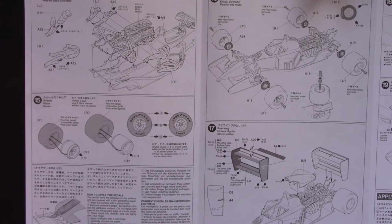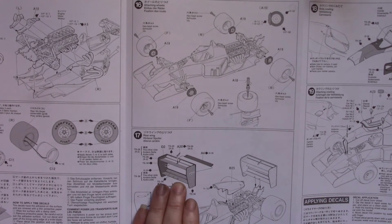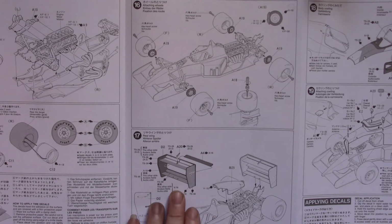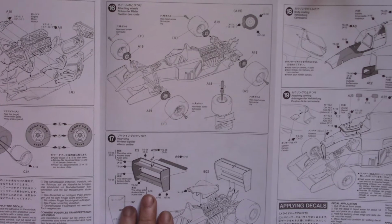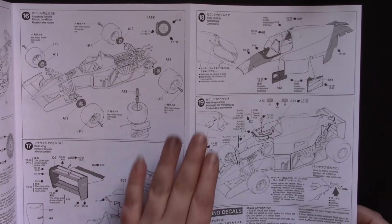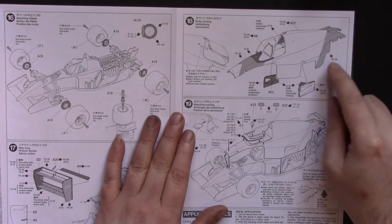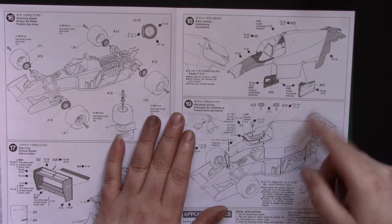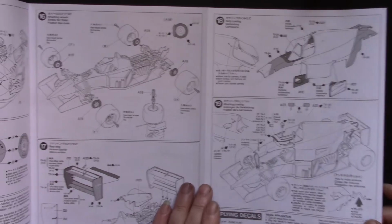And the engine, the pipes, wheels and tyres, brakes, wheels and tyres going on. Rear wing being put together. It looks to be pretty much one piece, which is superb if it is. Save a lot of faffing about. Then the main upper part of the body, yeah, I'm in shot. Painting instructions, side panels going in, mirrors going on, body going on from the bottom,